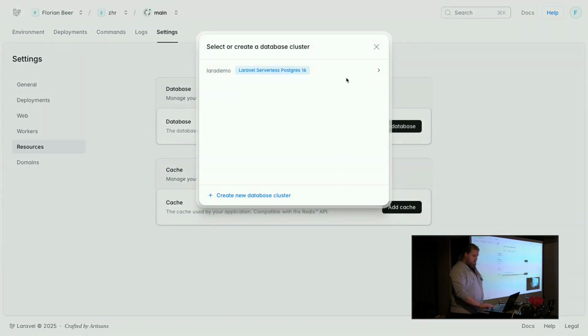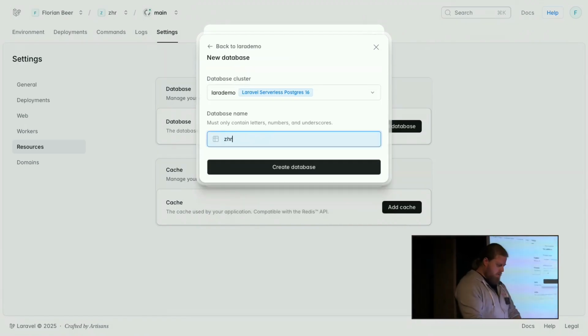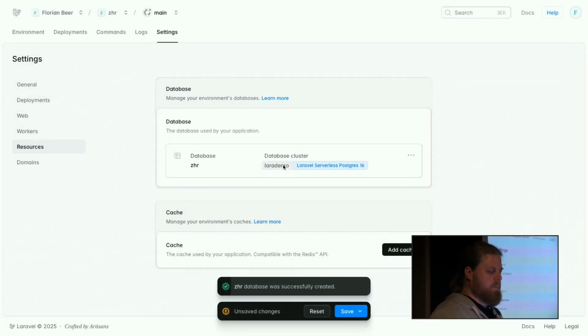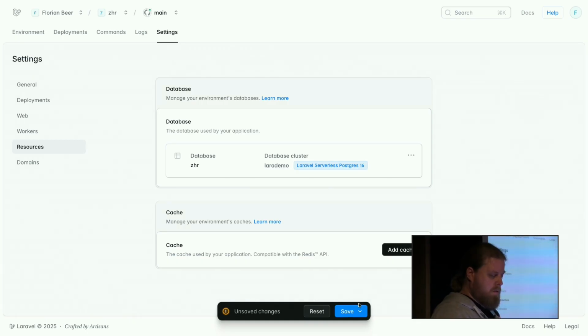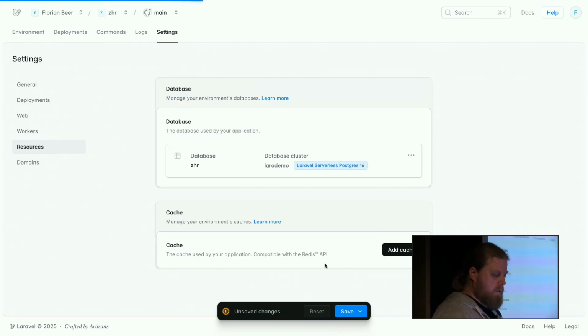Let's create a new database. We do have, oh, that's an old one. Let's create a new one. We do have Postgres at the moment. At launch, we'll have MySQL as well. Postgres is very fast, as you can see. It's already done. And if I click Save and Deploy now, I'll immediately be able to use that